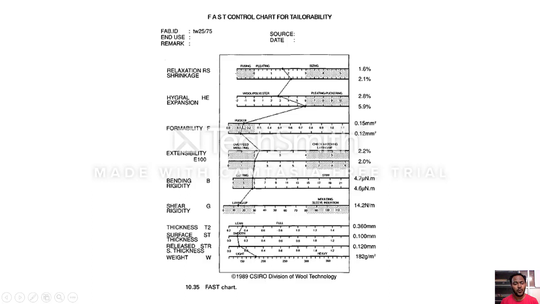So if the value is too low, what will happen? Formability value, if it is too low, will create problems in seam puckering. And here you see extensibility is somewhat fine. Warp wise, you can see the extensibility is not too low, it is somewhat fine, but weft wise you can see the extensibility is also close to the lower extensibility tolerance limit.